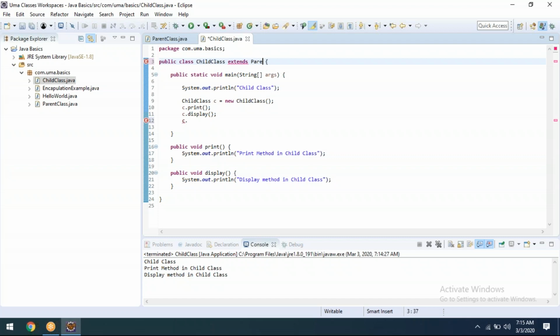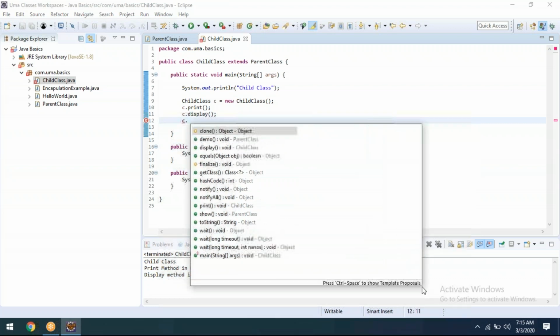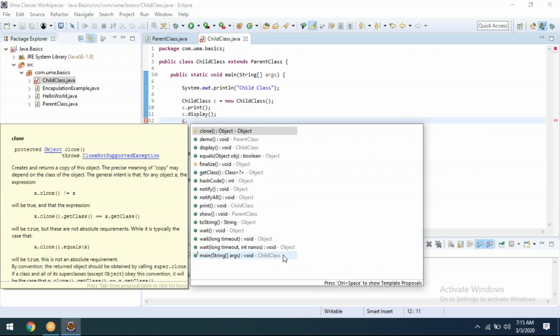Now, whenever I make the connection between these two classes, child extends parent class. Now just to see, here you are able to see some of the parent class methods. Show method and demo, it is written there clearly: parent class, child class.